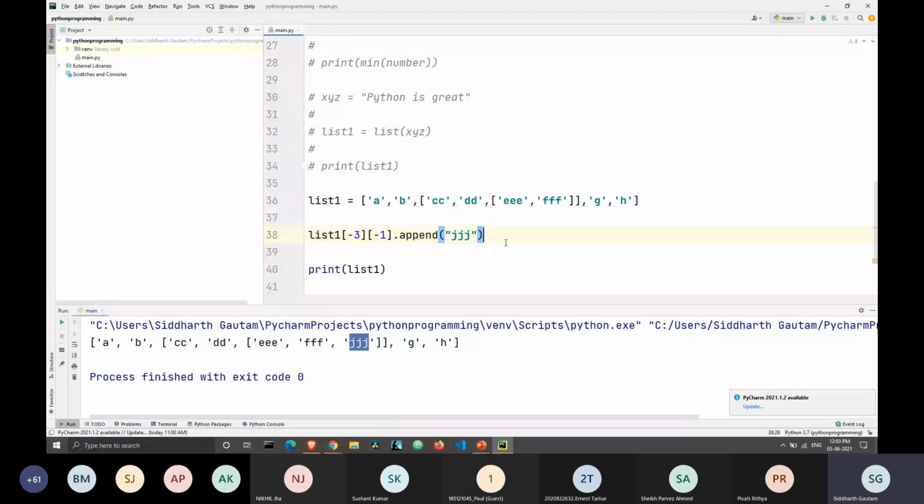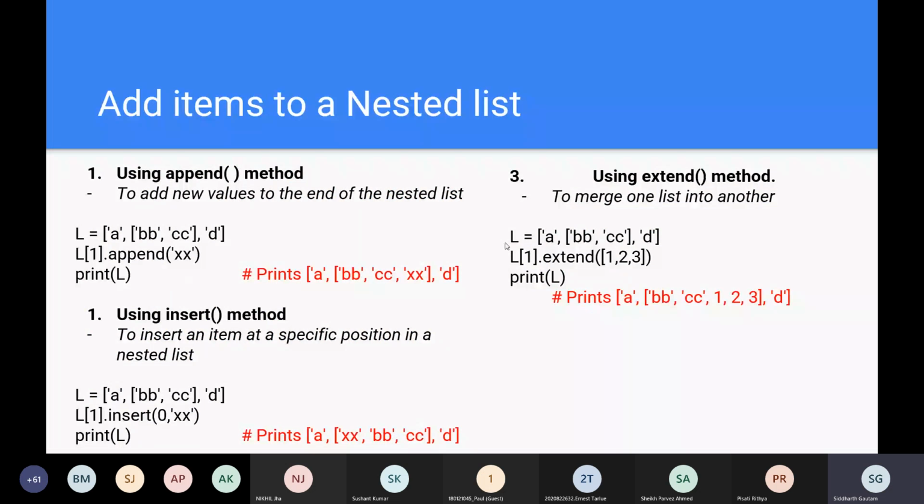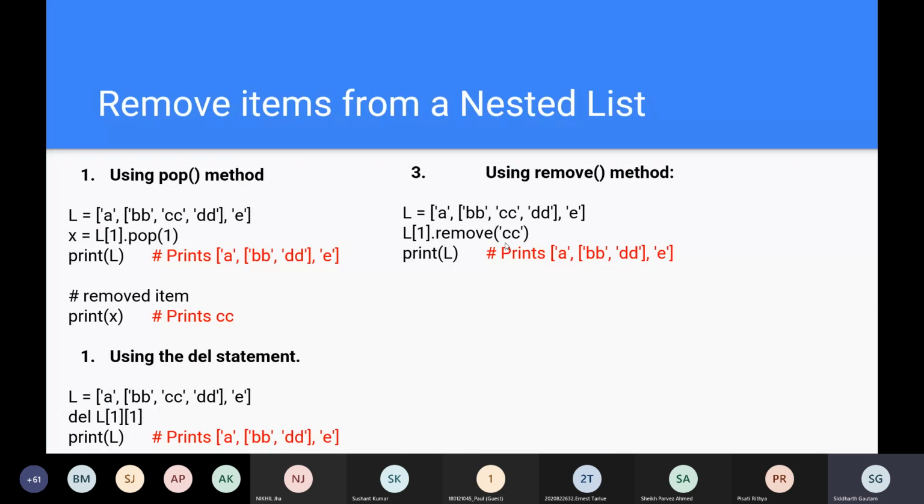So it's simple. The functioning is the same as that of a normal list. And like in the normal list, you can use the append function and the remove function. Similarly, you can use the same methods here, but you just have to specify the index of which list you want to work on, given that there are many nested lists. Similarly, there's the remove function which works in the exact same way. We have already studied how the delete, remove, and pop methods work.